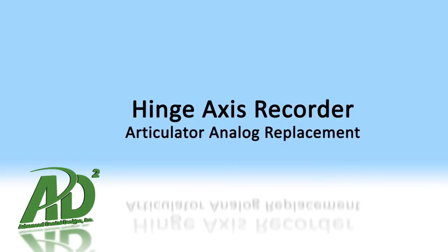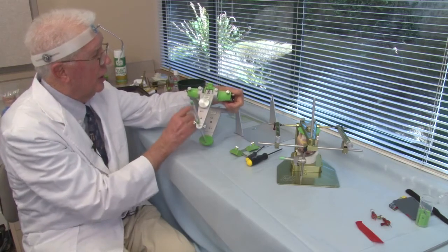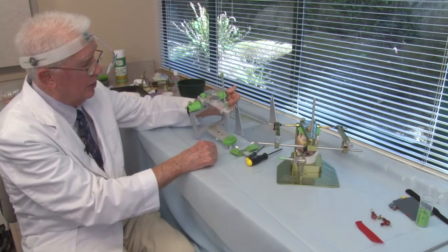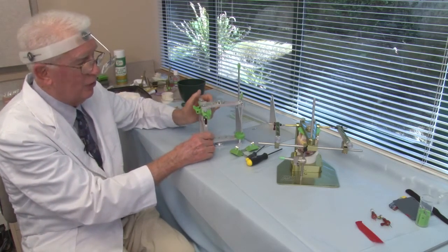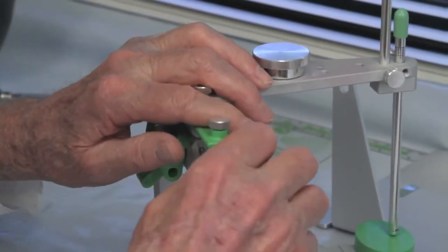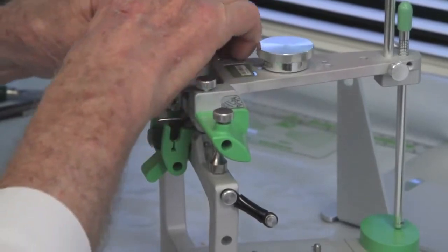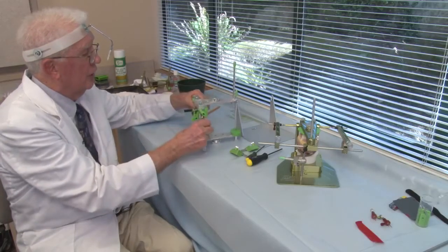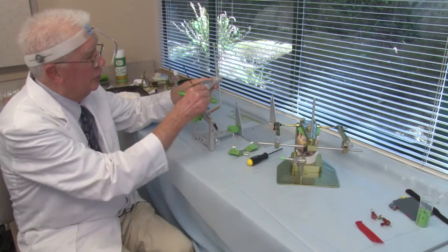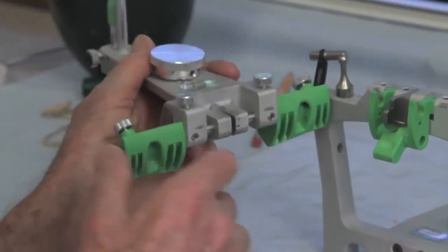We need to personalize our articulator settings now for our patient. The articulator at this moment in time has 1.5 millimeter analogs on right and left side. Well, our patient, we measured on our patient, she had a 1.0 side shift. So we have to change the analogs now and put the 1.0 analogs in the place of these 1.5 analogs. So I'll have to replace the analogs. To do that, I've got to take the articulator apart, loosen the 2 screws here, the 2 hex screws in the back, and now I can slip the analog out